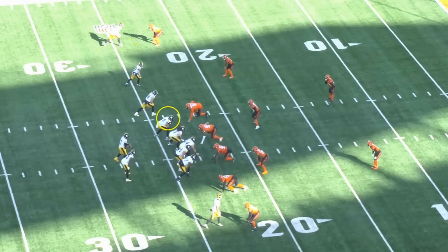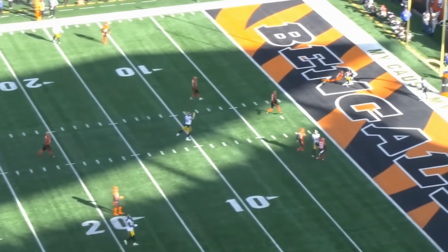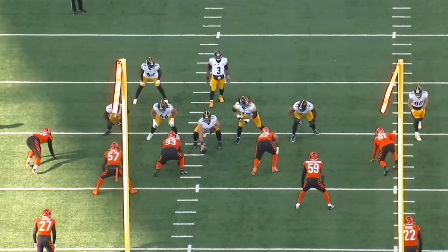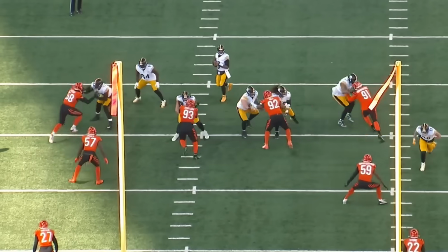But oftentimes you're seeing the Steelers now utilizing a 5-man protection. So what that means is the offensive linemen up front got to be able to win. The 5 guys up front have to be able to hold their own against the 4 guys coming. Of course, you also might have blitzes coming off the sides as well, but I think it's an important concept